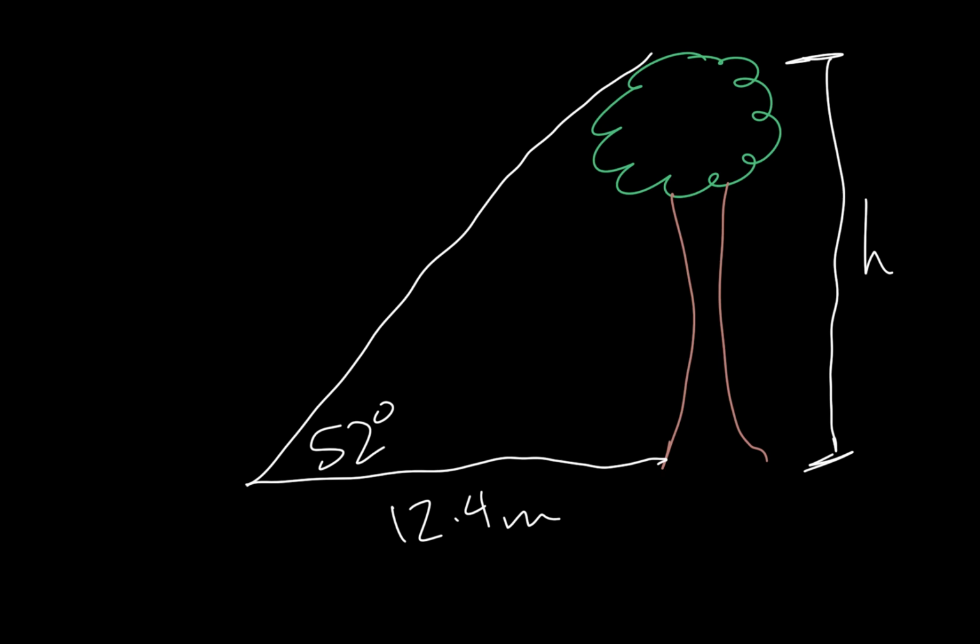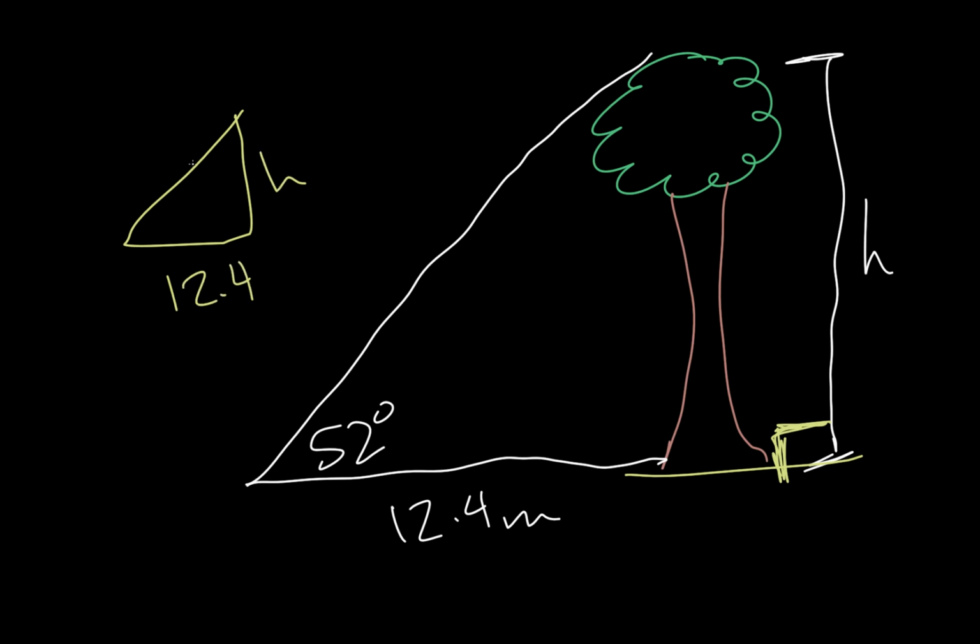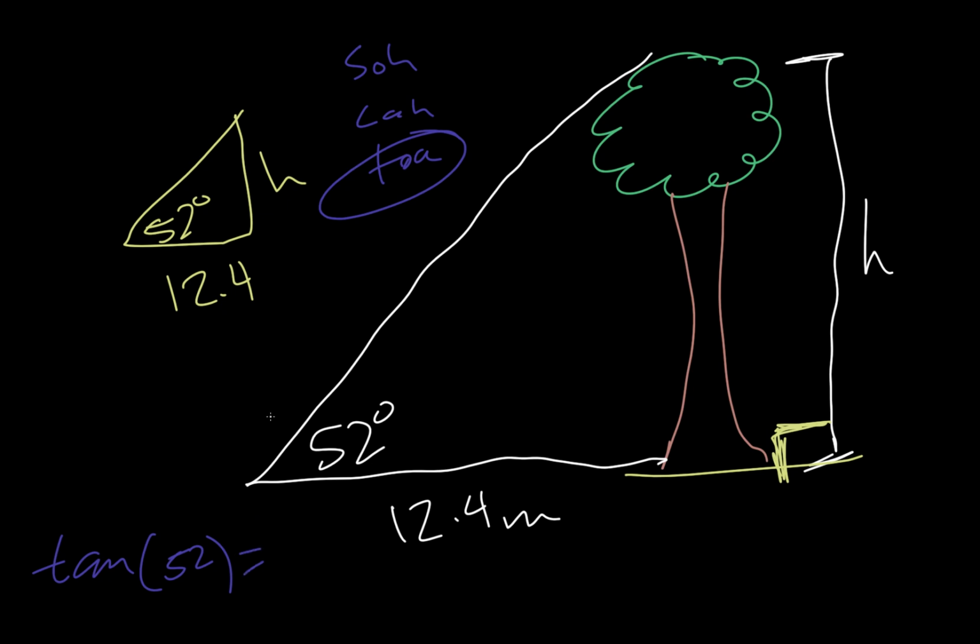So we're going to make a couple of assumptions. We're going to assume that the tree is growing at a 90-degree angle, so this really just becomes a right triangle with 12.4 meters, h, and 52 degrees. And if we do SOHCAHTOA, we have the opposite and the adjacent, so we're going to be using a tangent. So tangent of 52 equals opposite over adjacent,